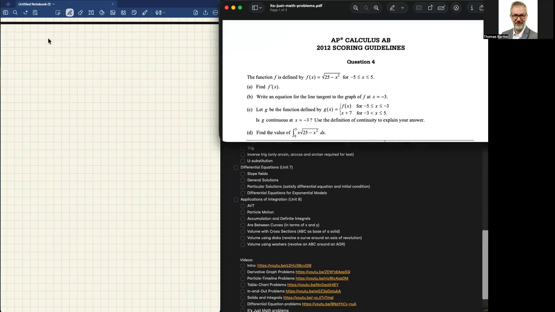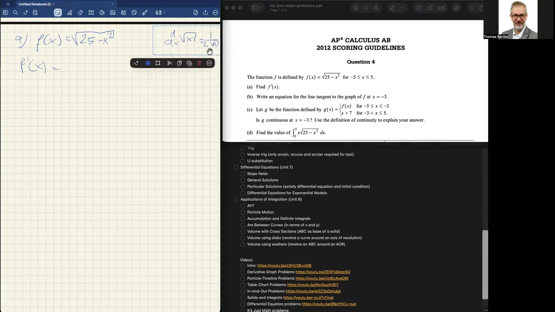Okay, so part A is simply finding the derivative of this given function. The function is the square root of 25 minus x squared. And the derivative of this is going to be the inside and then times the outside derivative. The derivative of square root of x is equal to 1 over 2 square root of x, right? You could do that with the power rule, but it's also a good derivative to just memorize. That way you save a lot of time